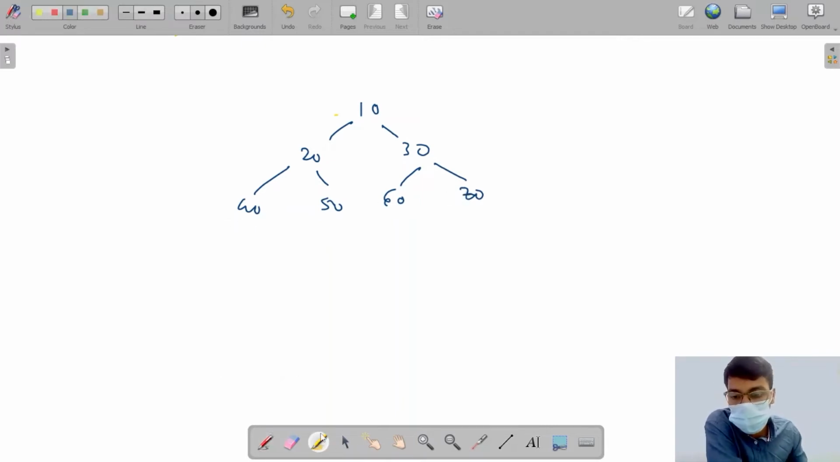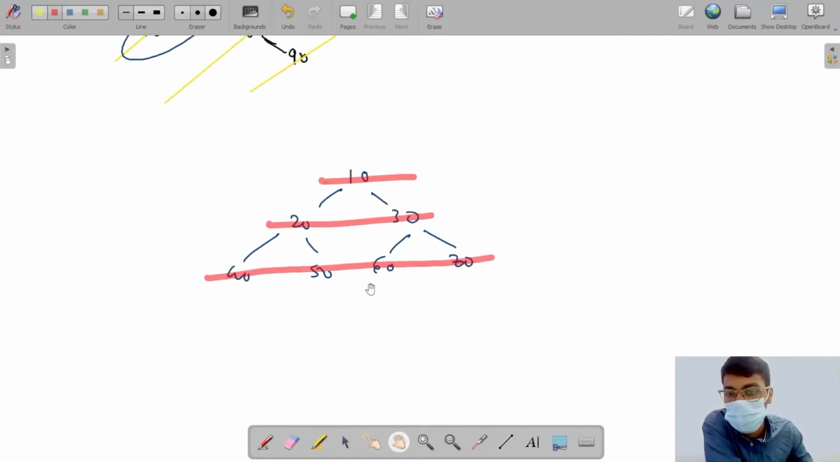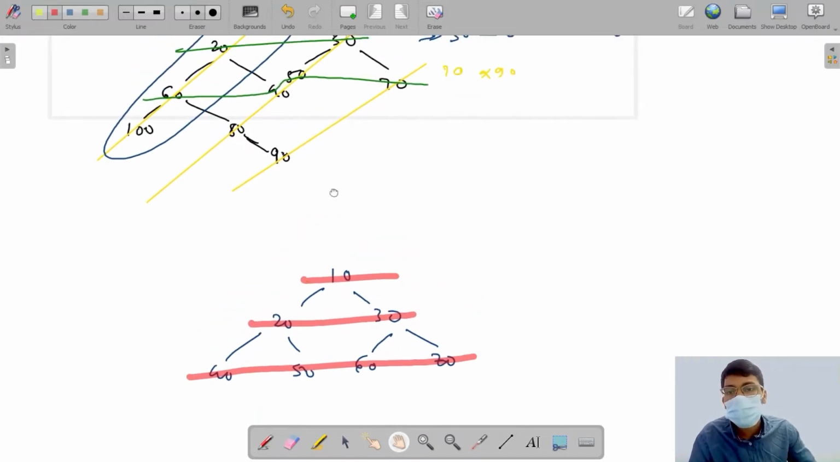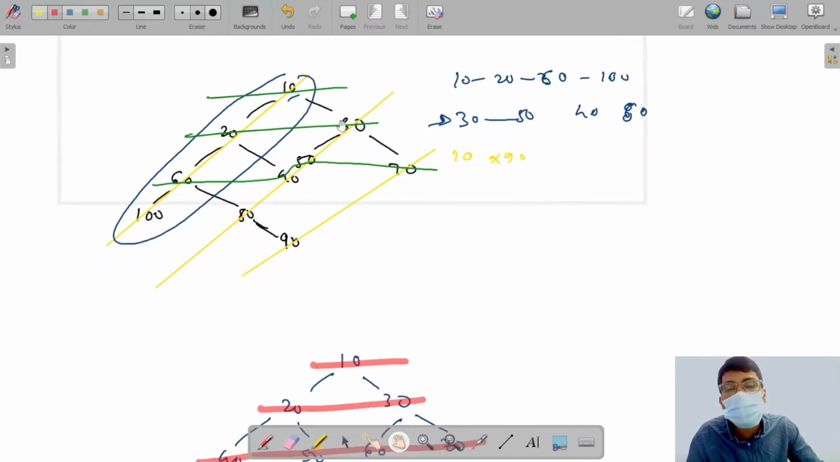For now, let's take this much only. We know that this is coming in the same level. These two values are coming in the same level. These four values are coming in the same level. So how is this level going to help us? These levels are going to help us to determine that if I am taking 30 as my head node, then